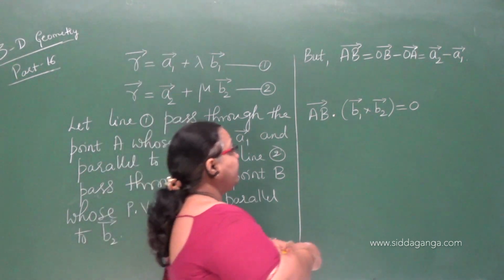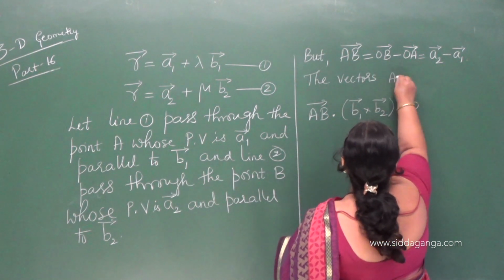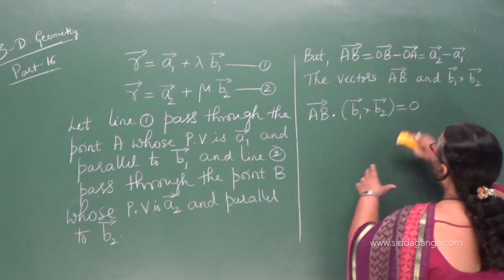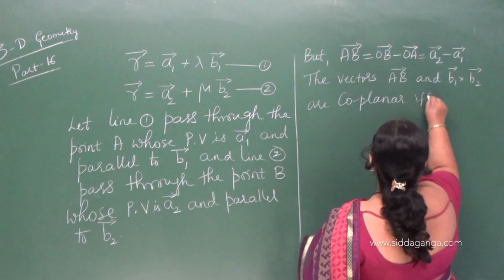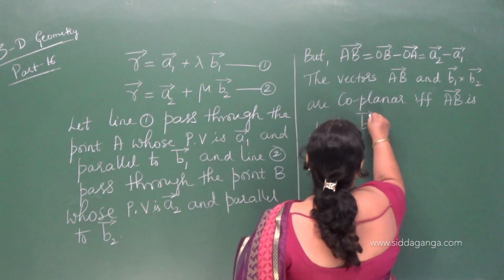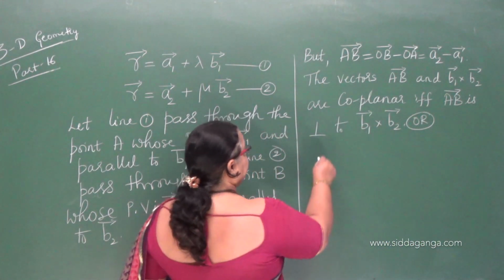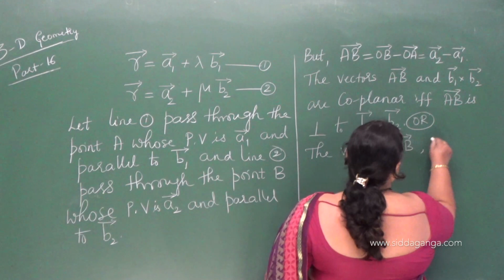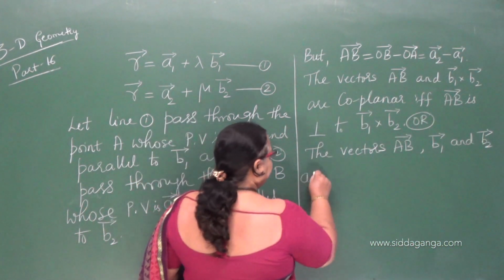So here, the vectors AB and B1 cross B2 are coplanar if and only if vector AB is perpendicular to B1 cross B2 vector, or we can also say the vectors AB, B1 and B2 are coplanar